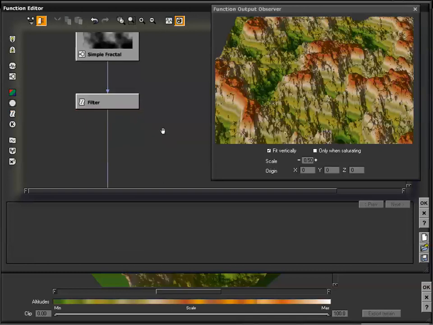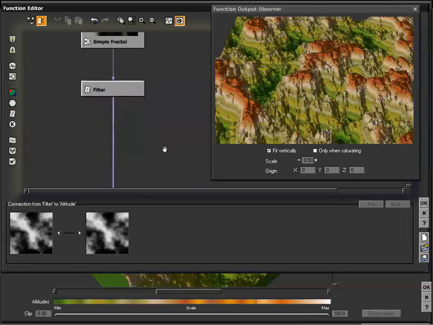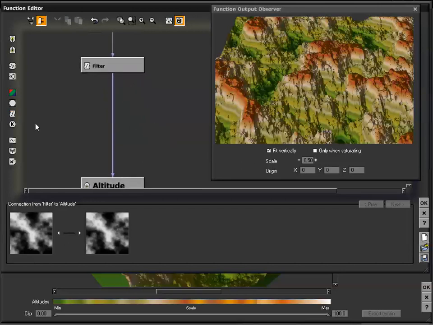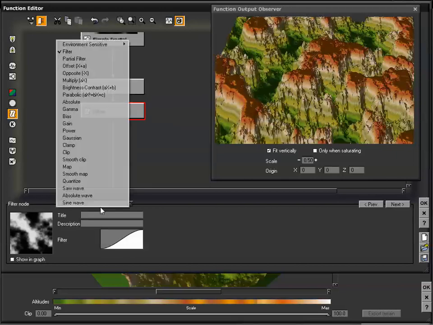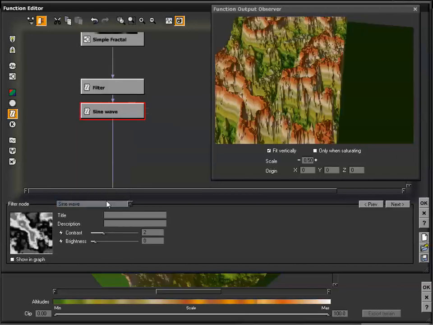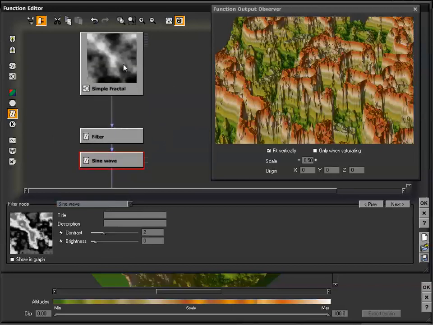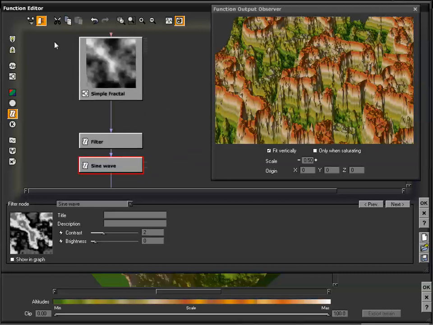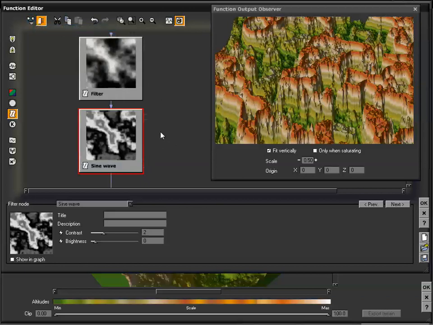Now, one thing we can do is use multiple filters. So I'm going to select our line between our filter and our altitude output and just add another filter. So we can combine multiple filters. Go ahead and change that to a sine wave, and now we have our fractal traveling through two different filters, and we can easily add more filters if we wanted to create whatever it is that we want. I'm also going to go up to the top and click Show All Previews in Graph,